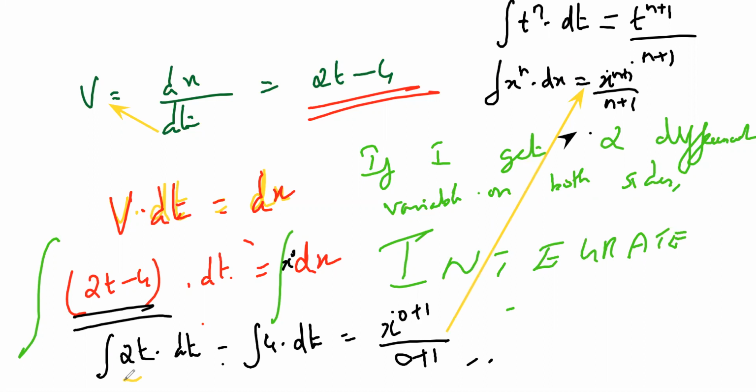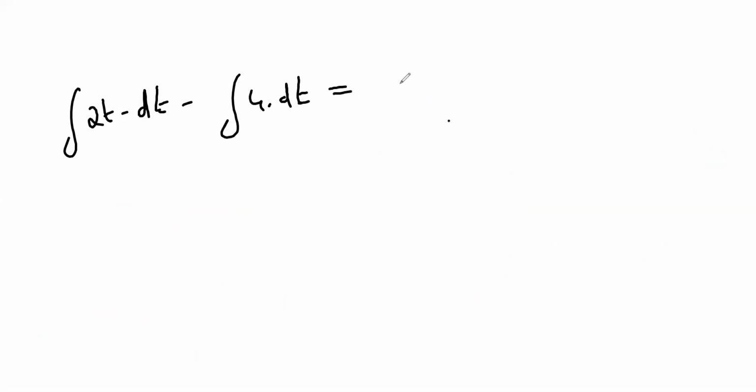This x power 0 plus 1 is x power 1 by 1, that is x itself. Now I only do integration with respect to t: integral of 2t dt minus integral of 4 dt is equal to x. Integral of dx is x itself. Integral of dt here and integral of dx are the same, correct? So I can just put here